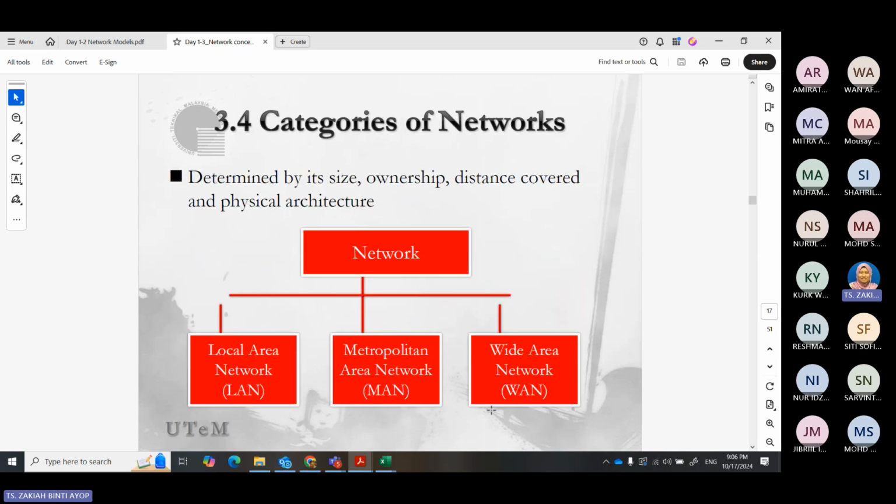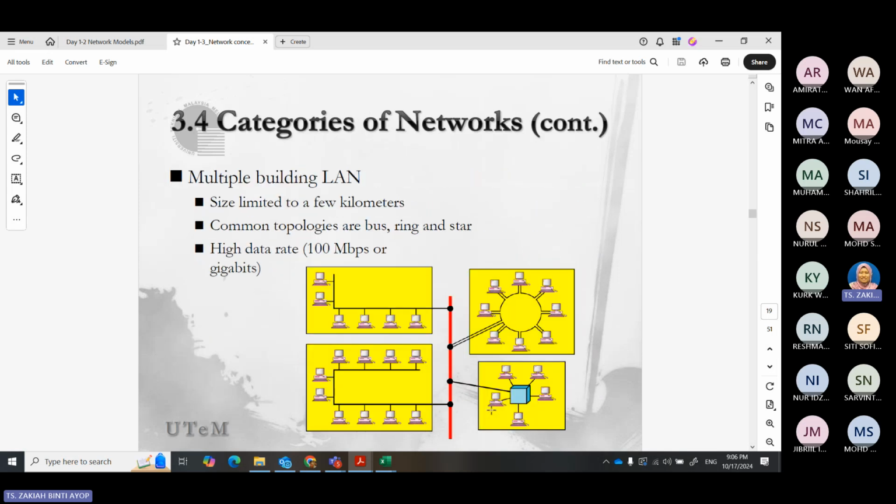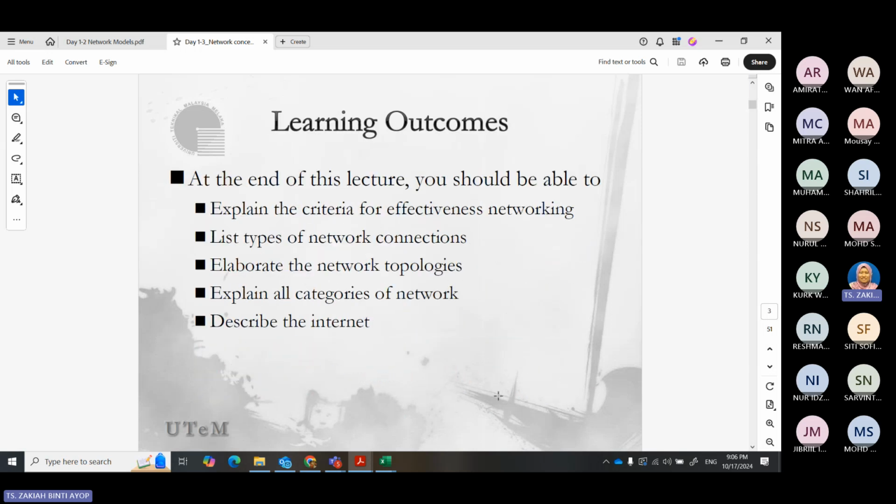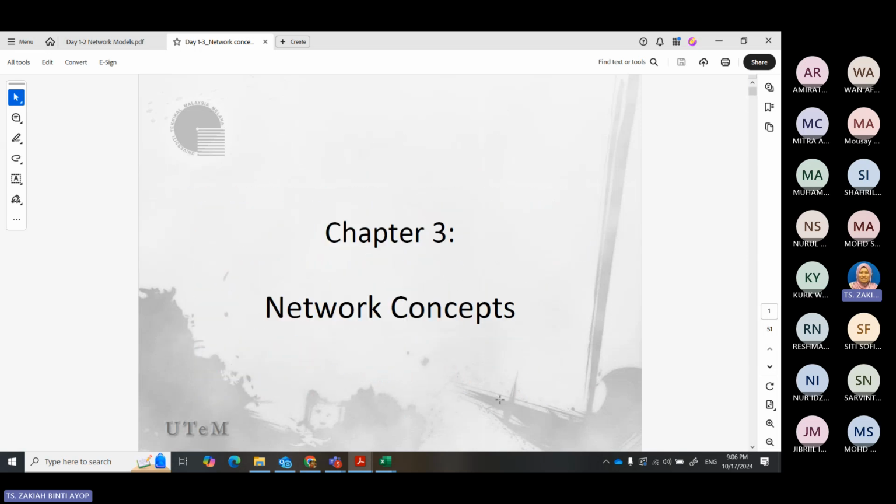But this is the basic one: LAN, WAN, MAN, and I need to show a little bit more about this. So we will continue next week. Inshallah I'll complete this chapter, this part 1-3 together with chapter 2.